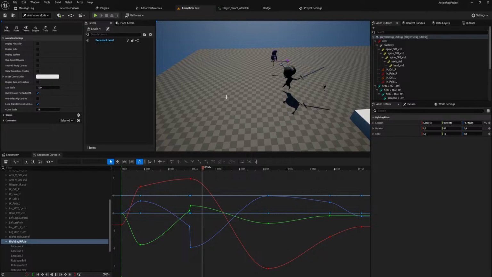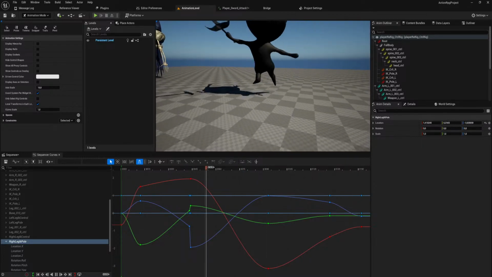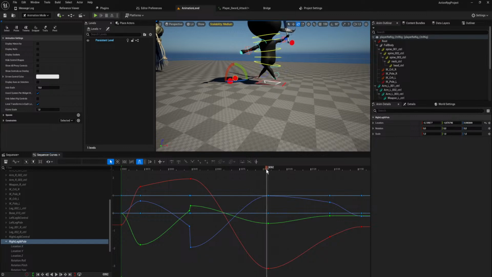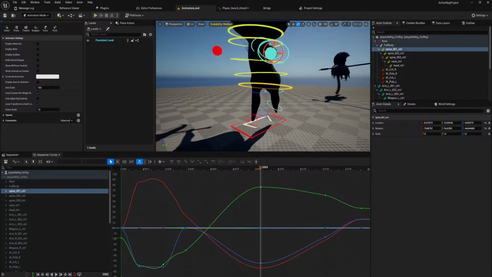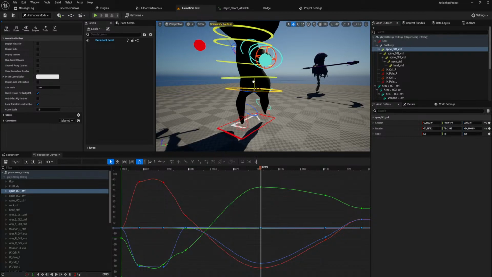It's actually not that bad. His other leg is definitely a little on the stiff side. Something needs to happen there. There is a bit there where I think the issue isn't actually with the leg. I think the issue is with... this.